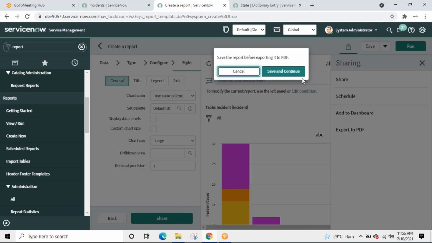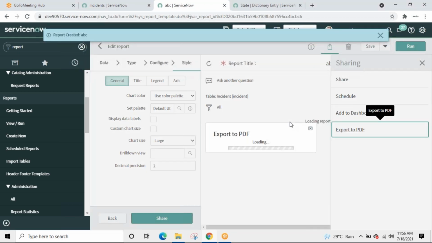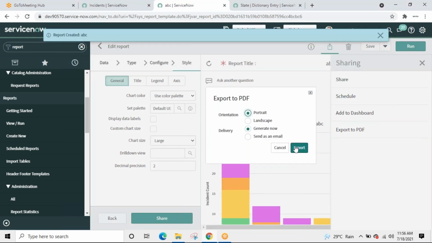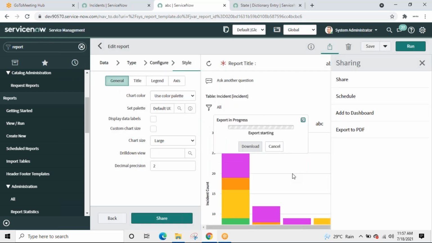Export to PDF. Let us check how it looks. Export. Download.